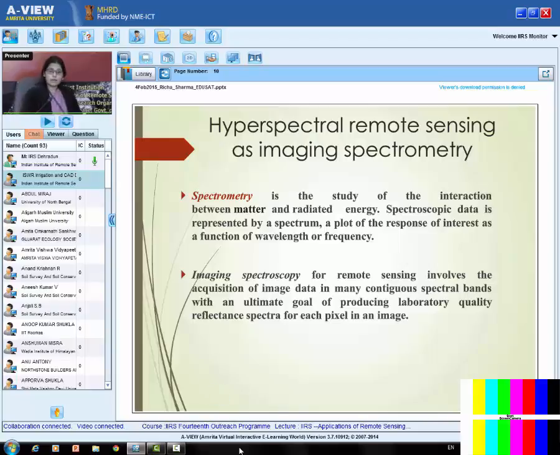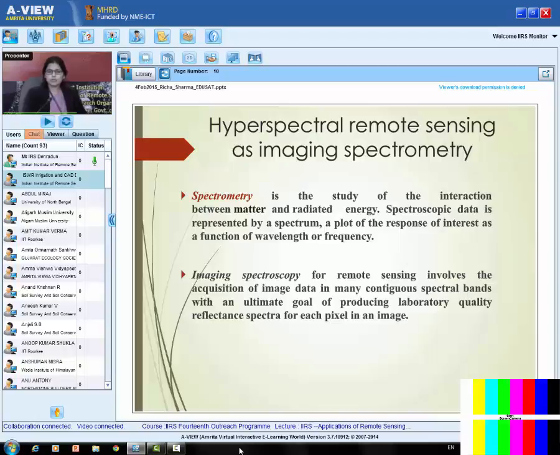And when we talk about imaging spectrometry, with the help of the image, the spectroscopy of that particular area can be done. So hyperspectral remote sensing is known as imaging spectrometry or imaging spectroscopy. In the definition we can say that imaging spectroscopy of remote sensing involves the acquisition of image data in many contiguous